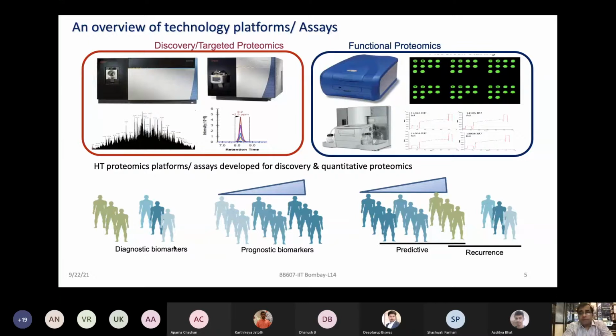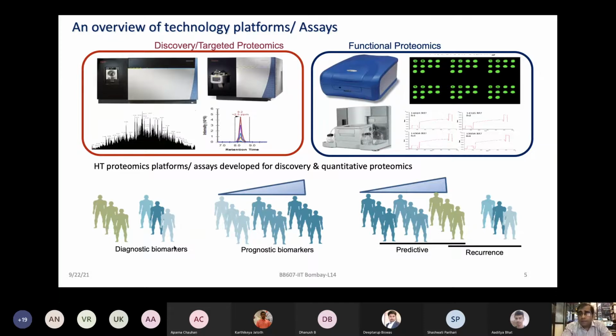There are several tests which have come forward based on this concept. In the United States, the FDA, Food and Drug Administration, which approves safe tests and drug products, has approved a couple of tests based on these proteomics biomarker-based tests for the early detection of disease from the blood. That's where the ROMA test and a few more tests have come forward, which look at early screening of breast cancer and ovarian cancer.